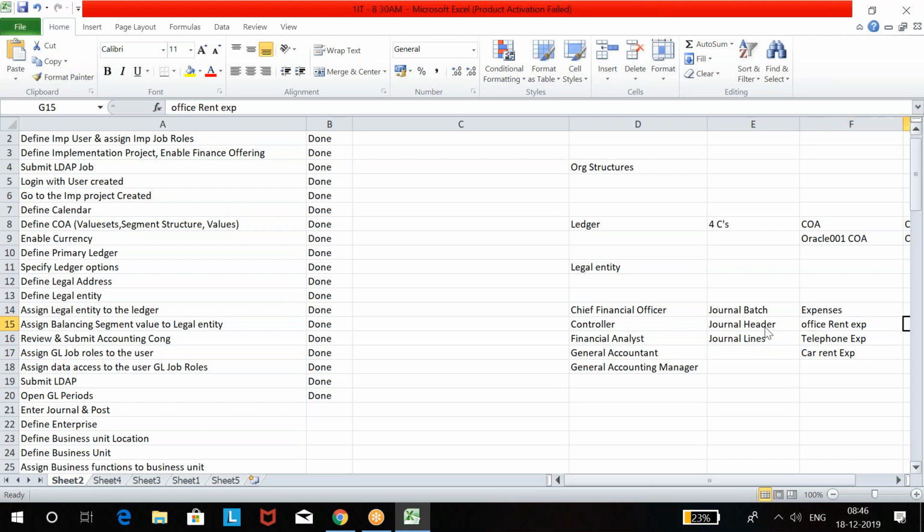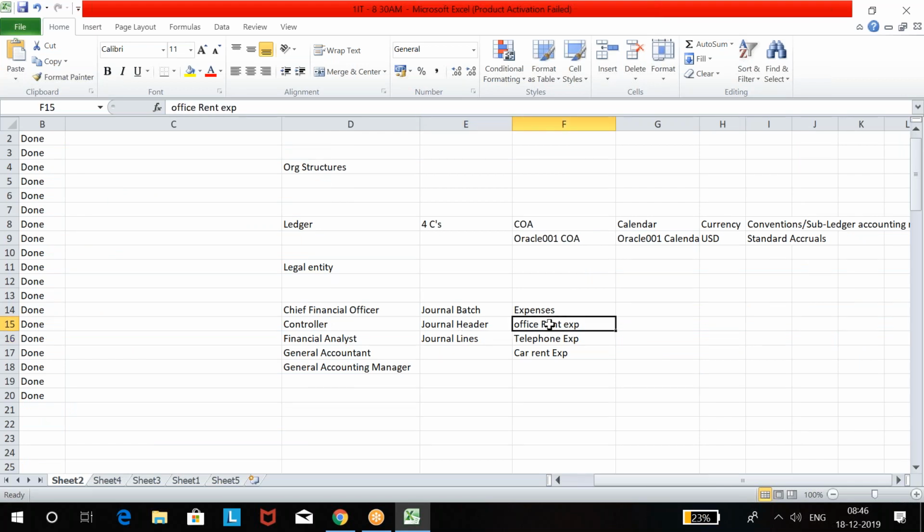And each journal has debit and credit lines. The journal you create is the header, and that header has lines. What lines? Debit account and credit account lines. So under one batch, you can create multiple journals, each journal for some reason or some transaction, and under each journal, you can have multiple debit and credit lines. And when you post, posting is not at line level or header level. Posting works at batch level. Posting works at batch level directly.